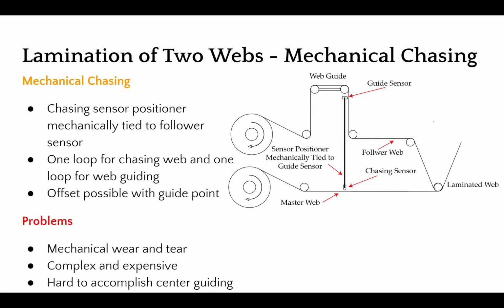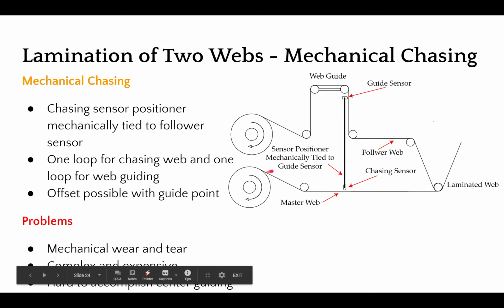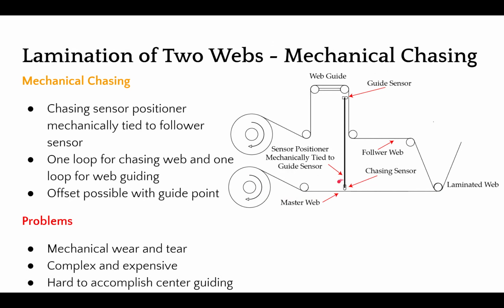The old way of doing it is what is called mechanical chasing. In a mechanical chasing application, you have a master web that is coming here. And then there's a sensor here that is chasing the web. This is similar to the center guide, moving sensor center guide, where that second loop was chasing the web for web width variation. Now just think of that system, but take one sensor and put it on the master web, and take the other sensor and put it on the